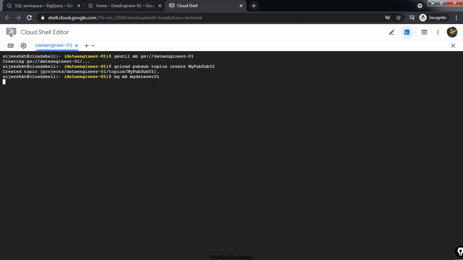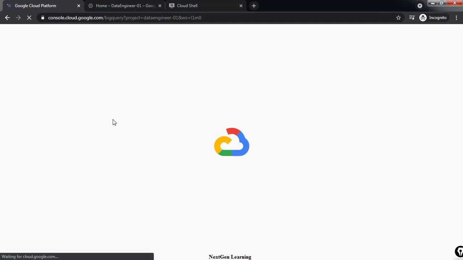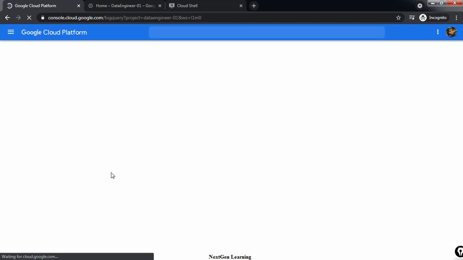This will create a new data set. It has a lot of other options, but we are considering only the defaults. We just need a data set, that's it. Now if we refresh this page, we can see the data set created.